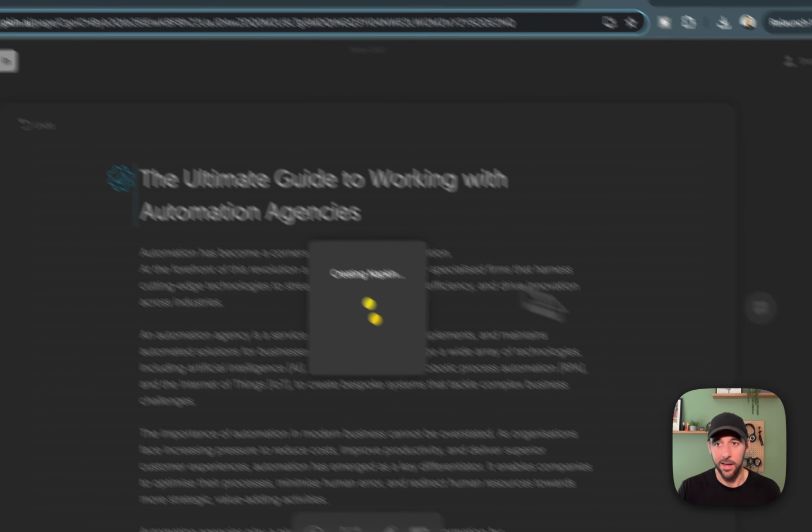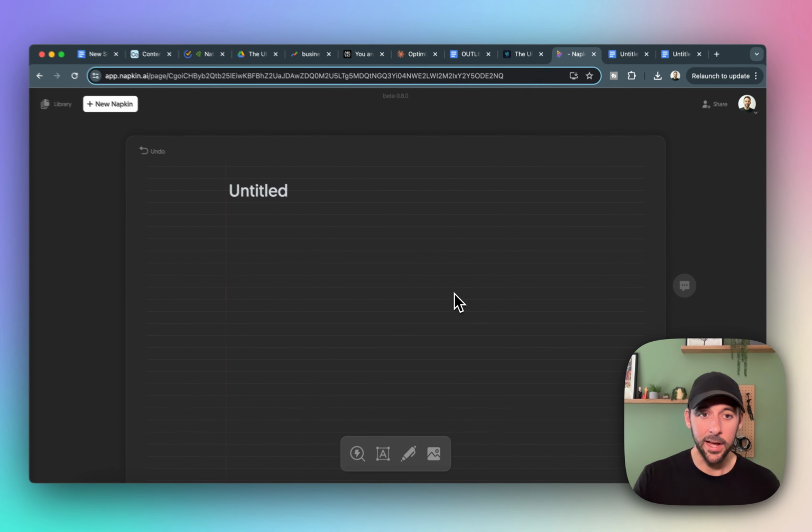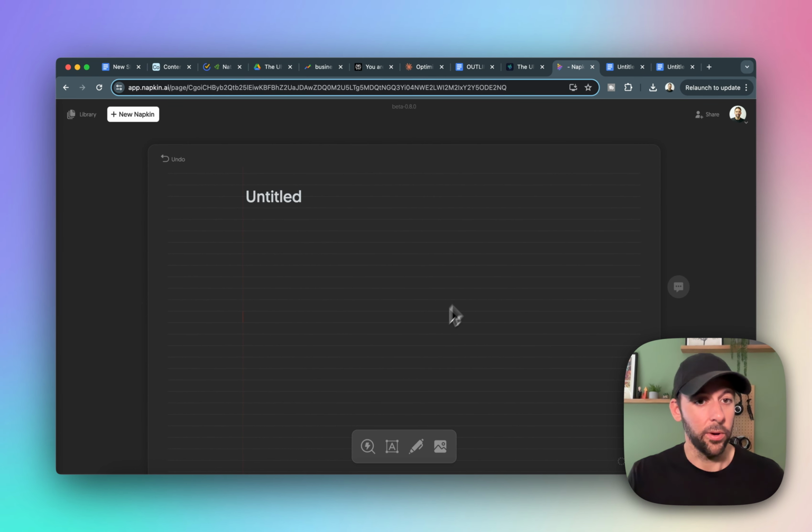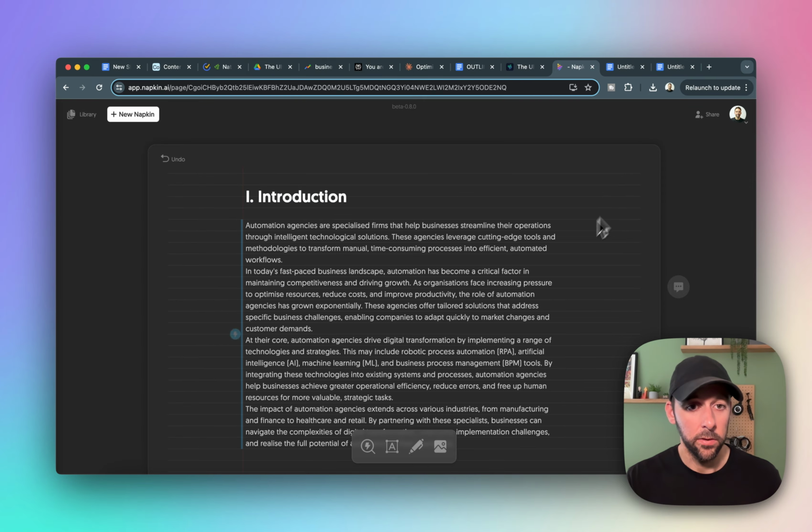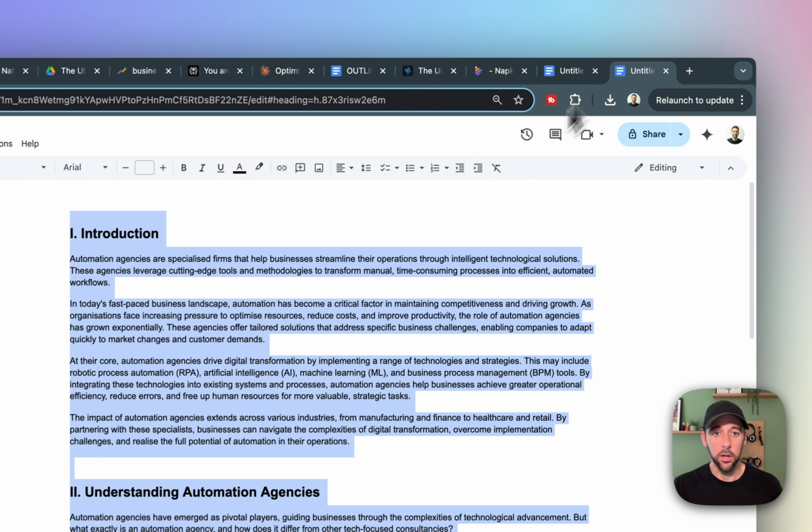I'm going to go blank napkin. This tool's free right now because it's in beta, so I would highly recommend checking it out. But if I just copy our content in,